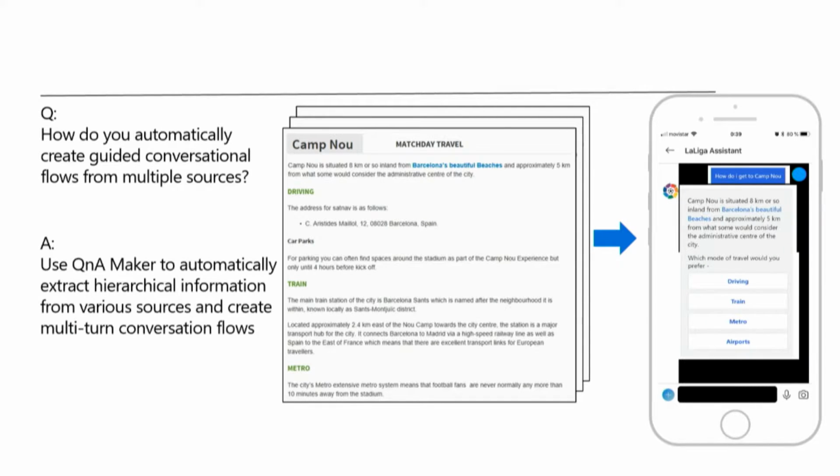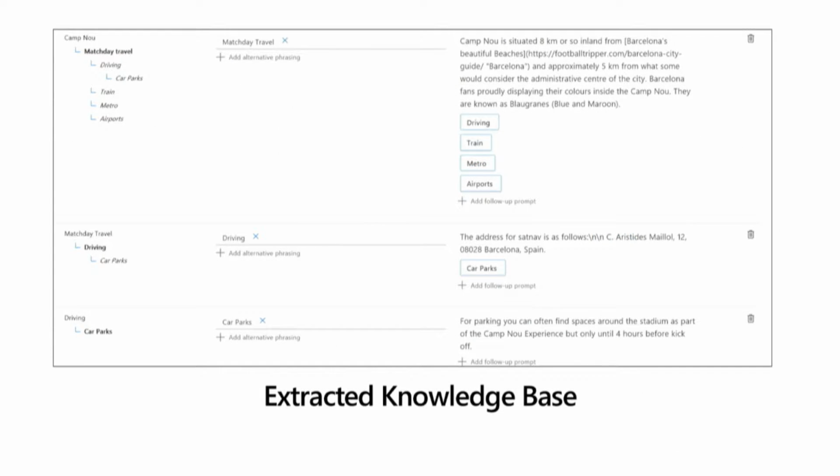And then Q&A Maker has an automatic hierarchical extraction engine as part of this, and so it can actually understand that conversation and look through the information and find ways to put things together across documents as well. So I'm trying to make this simple. In this case, you can see there's a tree structure over on the left-hand side there. It's actually extracting that directly from the document. And then as you put conversation flow on top of it, it will take that hierarchical structure and be able to map it back. So you can do turns, for example,